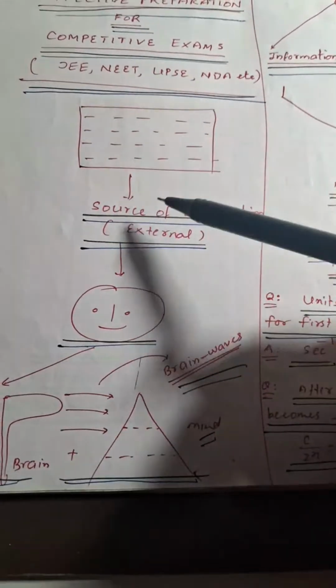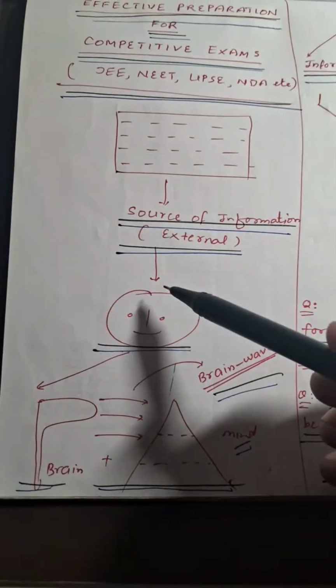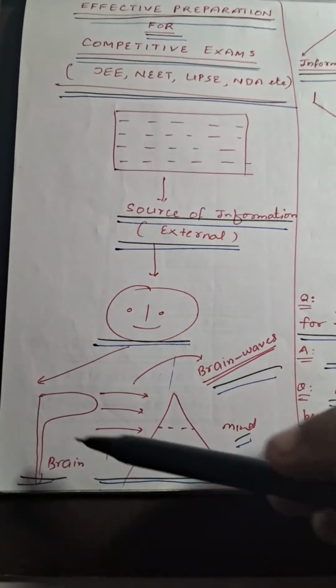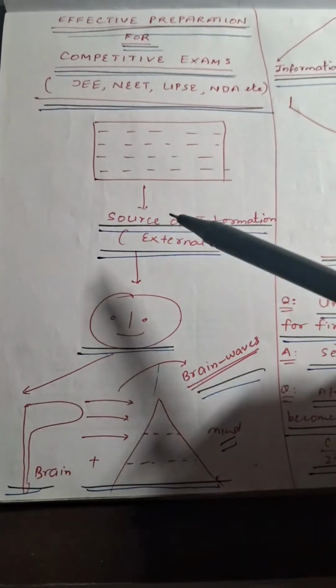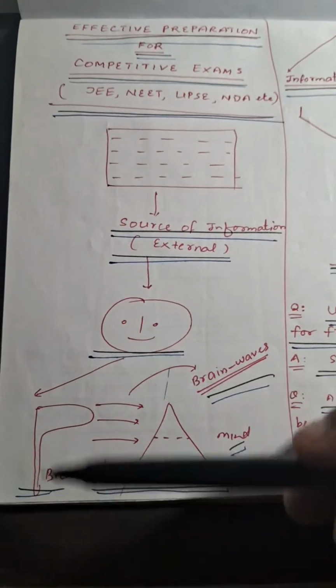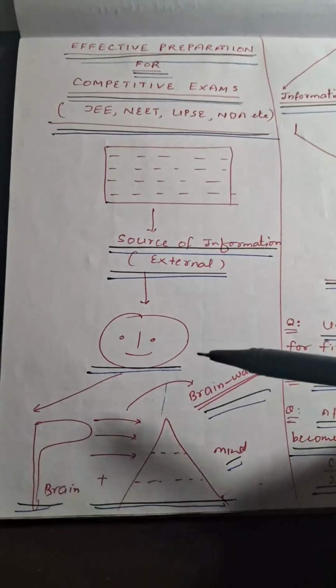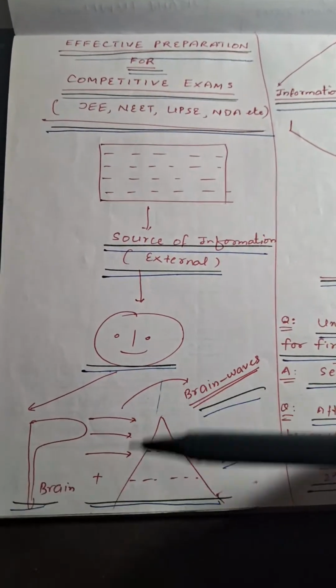So you connect to that source of information, and certain things happen within your brain and mind, and you are basically trying to transfer information from the external source to your internal mind brain system, so you can use it as and when needed, when asked to solve questions in